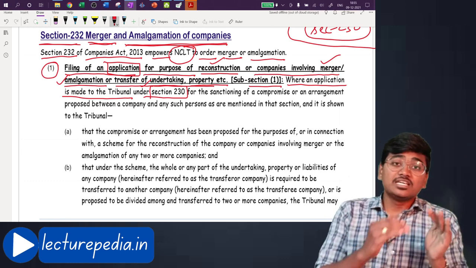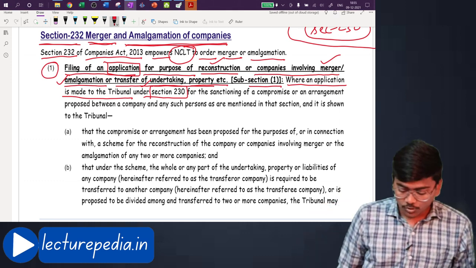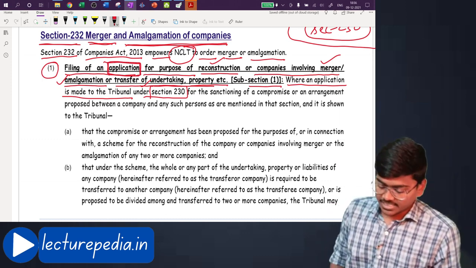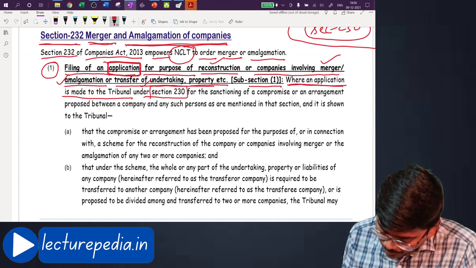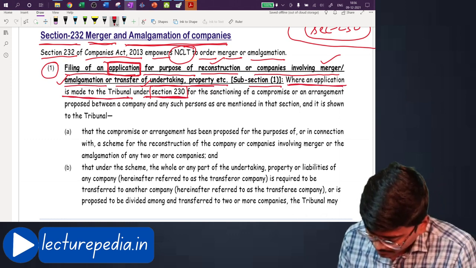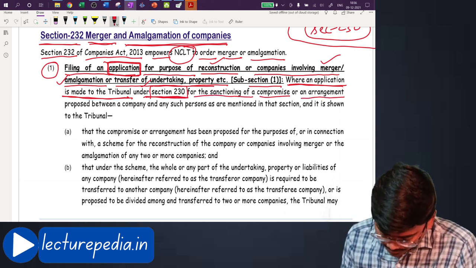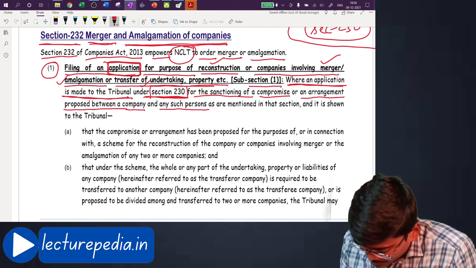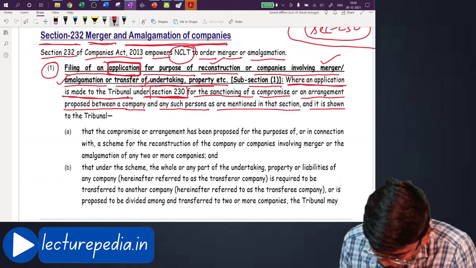That is the reason why he has brought the reference of section 230 in section 232 while discussing application for amalgamation and merger. Okay, let us read it. After reading the entire subsection we will again discuss it. Where an application is made to the tribunal under section 230 for sanctioning of a compromise or an arrangement proposed between a company and any such persons as are mentioned in that section, and it is shown to the tribunal